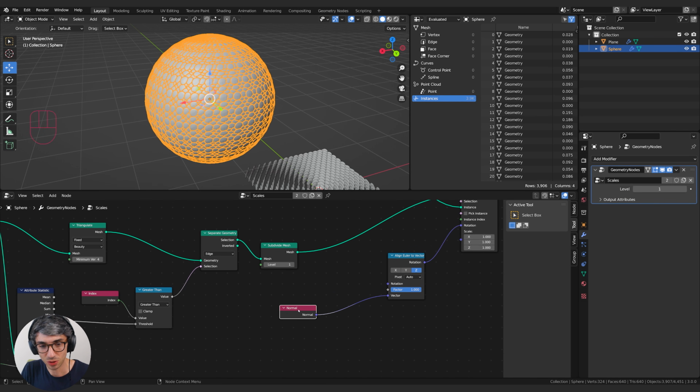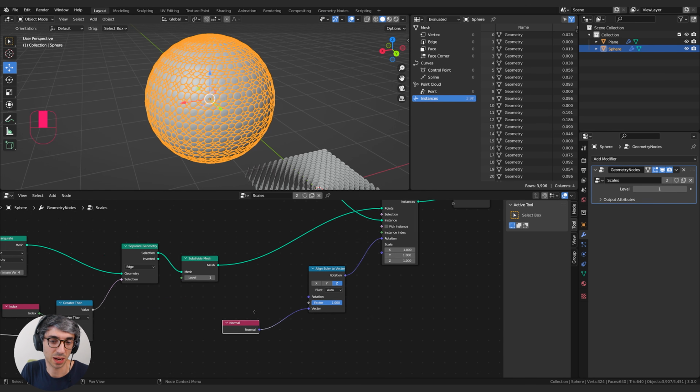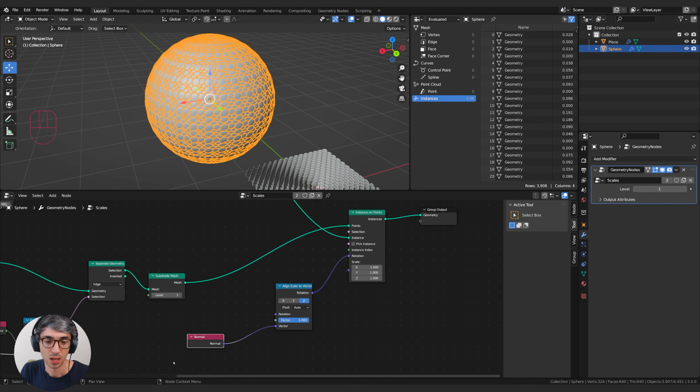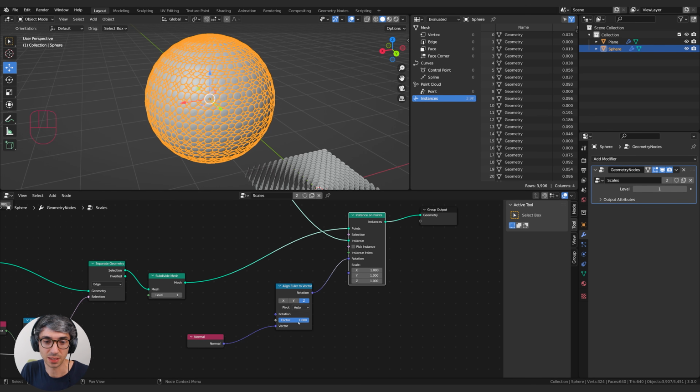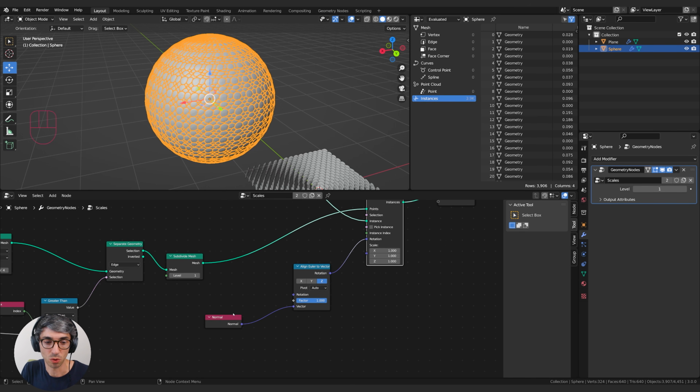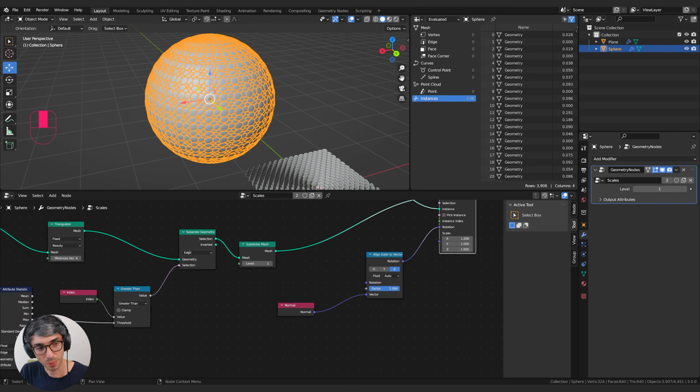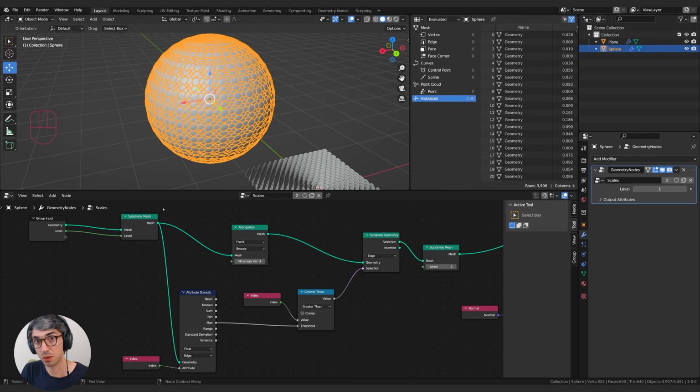This normal node doesn't have an input to say which normal do you want. It's just the normal, which is going to be kind of confusing, but it's always taking the normal of whatever it is that's feeding into the node that you're using it with. So it's looking up the chain, and this is the one that it's using for the normal. So in order to get the one that's back here, we need to grab an attribute again. We need to transfer an attribute from here